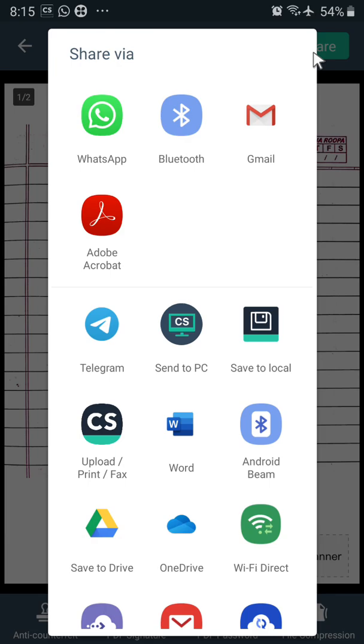Which media you want to use for sharing this kind of document: via WhatsApp, Bluetooth, Gmail. Again, there are many more options. I want to share here and choose Gmail for sharing this document.